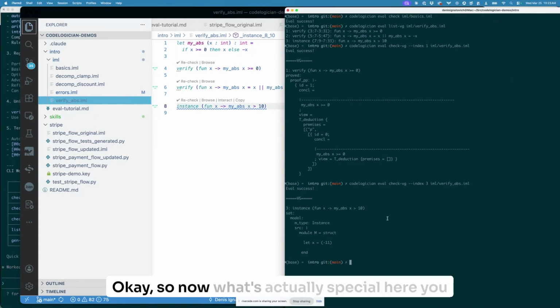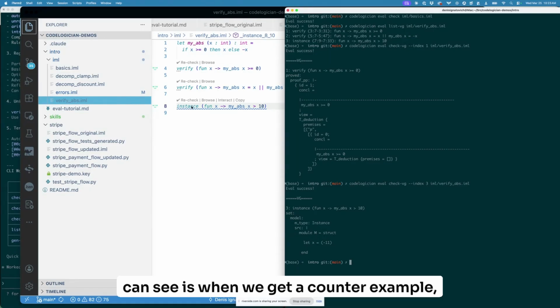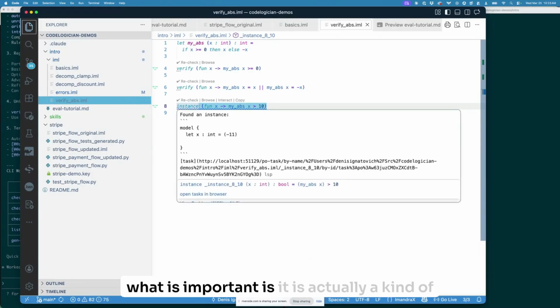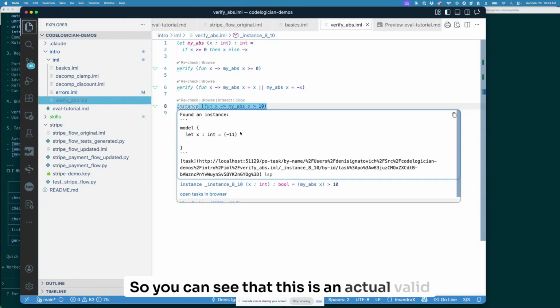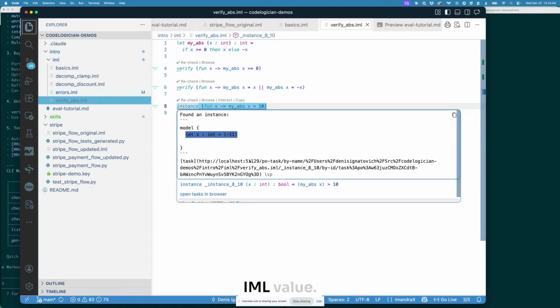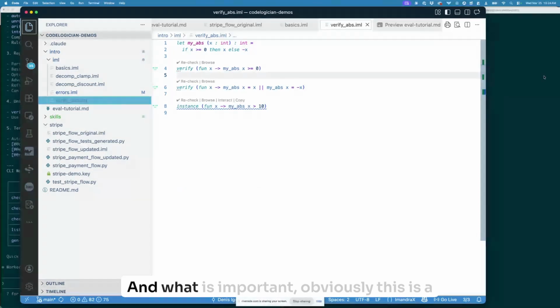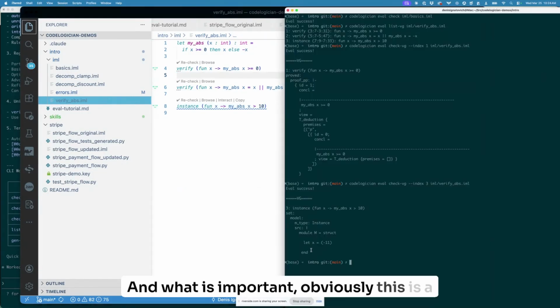Okay, so now what's actually special here, you can see, is when we get a counterexample, what is important is that it is actually a kind of full model. So you can see that this is an actual valid IML value. And what is important, obviously, this is a very simple example, but once you're doing heavy duty reasoning,